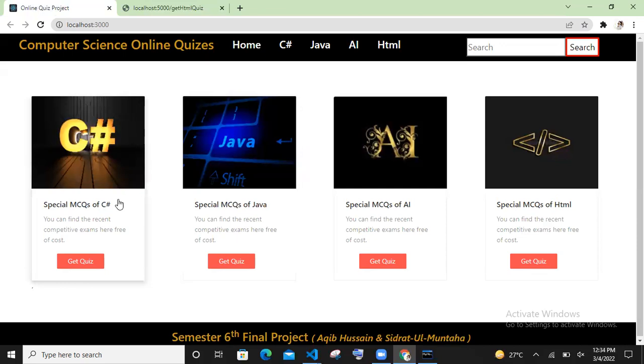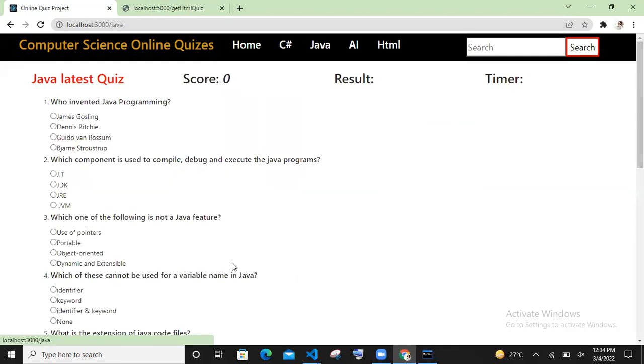So, not wasting our time, we will directly jump into a quiz which we want to do. Basically, my favorite language is Java. So I will prefer to have a quiz on Java. When I click on get quiz, basically what it will do, it will load the MCQs from the backend, and it will give me this interface where I can perform all the MCQs. Due to shortage of time, or this being the initial level of our project, I have just kept 10 MCQs on each quiz.